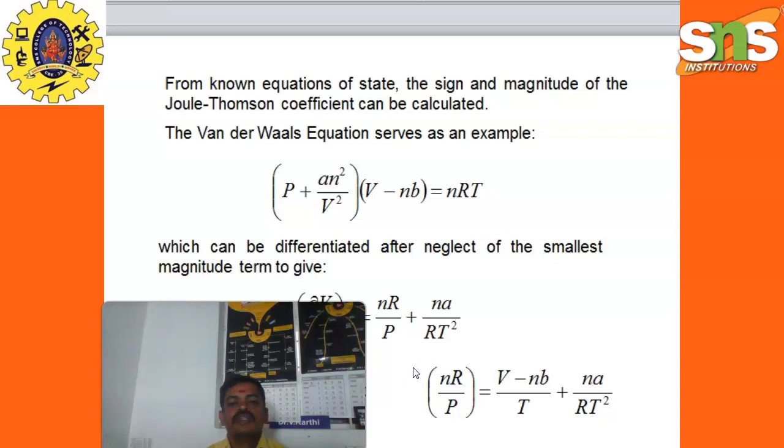The van der Waals equation serves as an example. P plus n squared a divided by V squared, times V minus nb, equal to nRT, which can be differentiated after neglect of the smallest magnitude term to give dou V by dou T equal to nR divided by P plus na divided by RT squared, and using the approximation nR divided by P equal to V minus nb divided by T, and na divided by RT squared